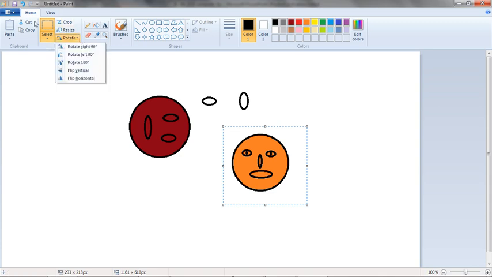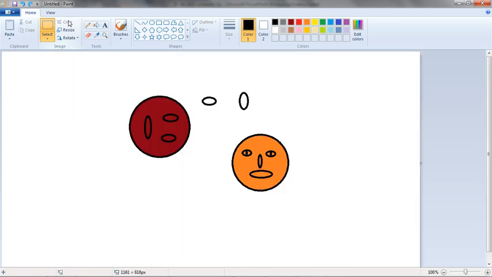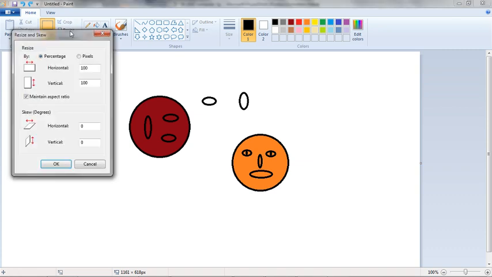Here is rotate, home tab. Here is crop, means we did the full page like this. So we want the same page again, Control Z. Okay, so we want size also big and small like this.